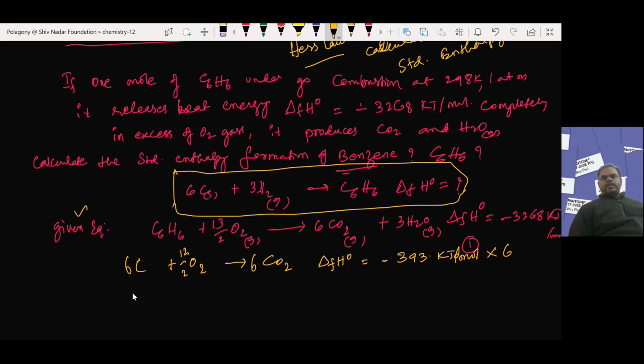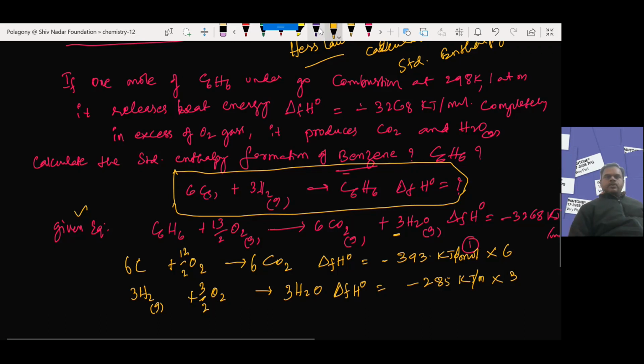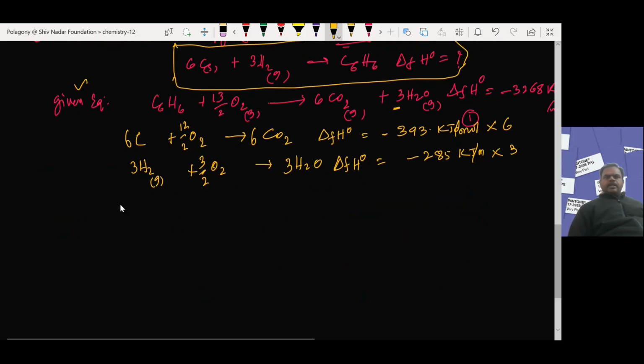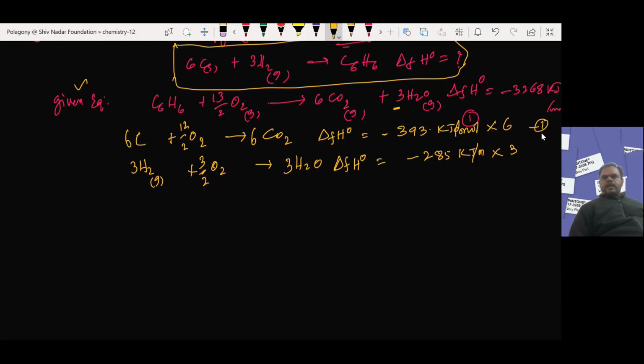And next is water formation. Hydrogen gas combines with oxygen to form water, H2O. In this equation, 3 moles of water are formed. Then 3H2 and 3 by 2 O2. The standard enthalpy of formation of water is already given as -285 kilojoules per mole, which is multiplied by 3. Now, by combining